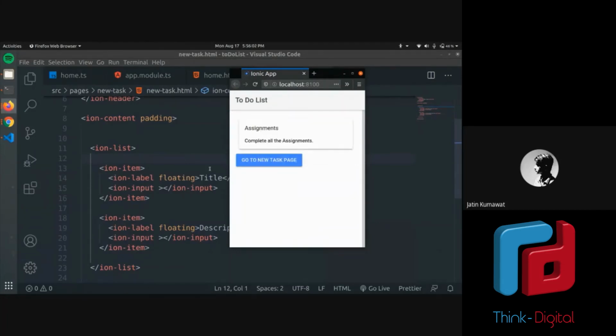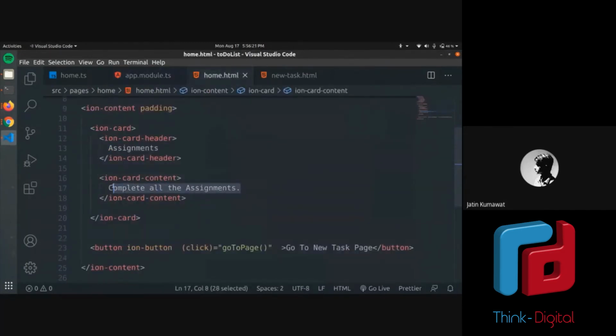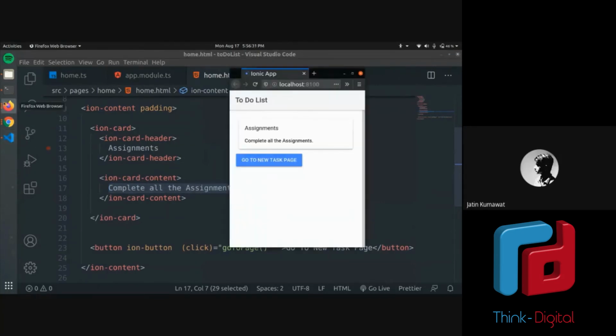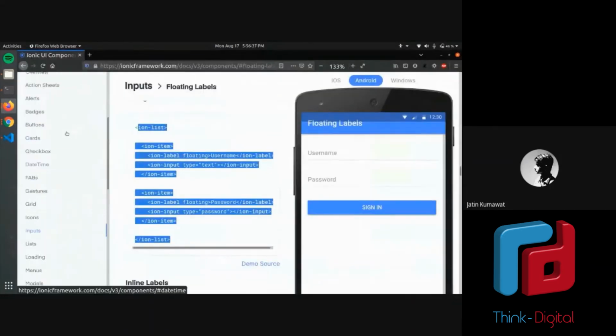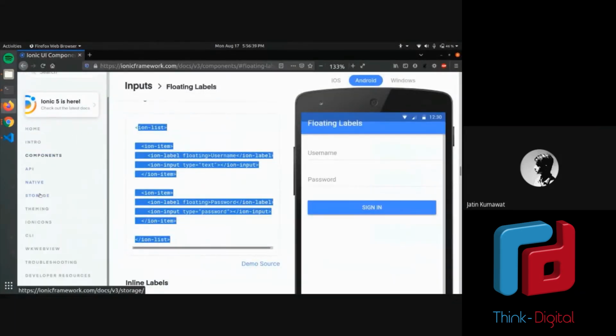Now we will use one of the native functionalities or features from Ionic Cordova. We will use one of the plugins called Ionic Storage. Okay, so it is to store your data. Whatever we have is just static data. We have hard coded it. Basically, we have written all these things in HTML. It doesn't change even if you input anything in your input field. For that, we need to store it and retrieve it. So what I will do now is go to this documentation website. Okay, so I will click on storage.